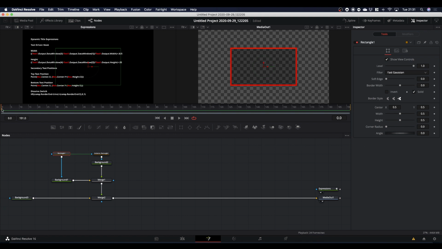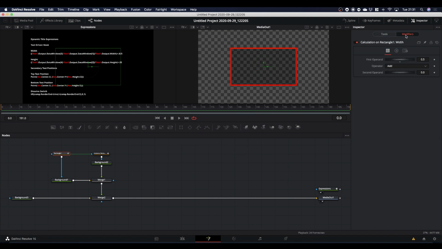So we're going to animate from frame 0 to frame 12, and basically we're just going to start with no box and have it grow out to whatever size we select. First thing we need to do is hover over width, right click, select modify with, and then calculation. This activates the modifiers tab here, which if we come into, now has these controls. The first operand is our default of 0.5. The operator we're going to change to multiply,